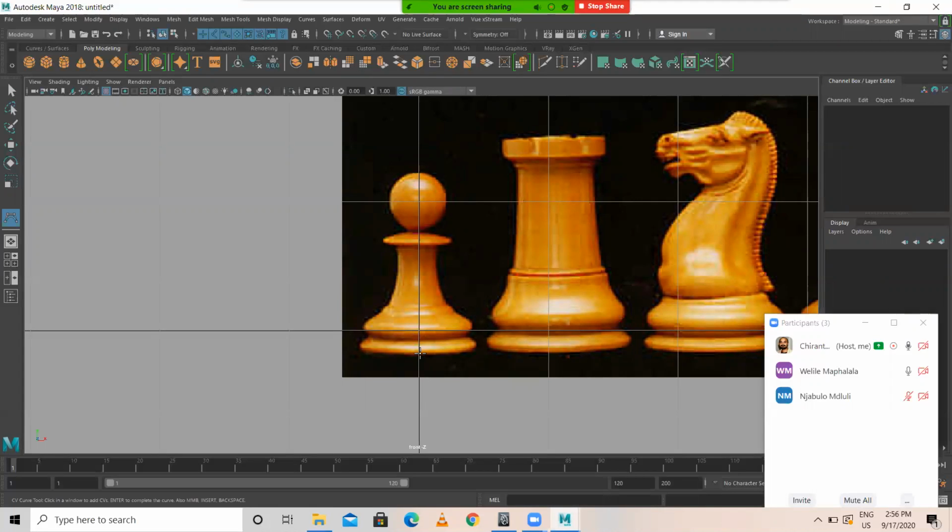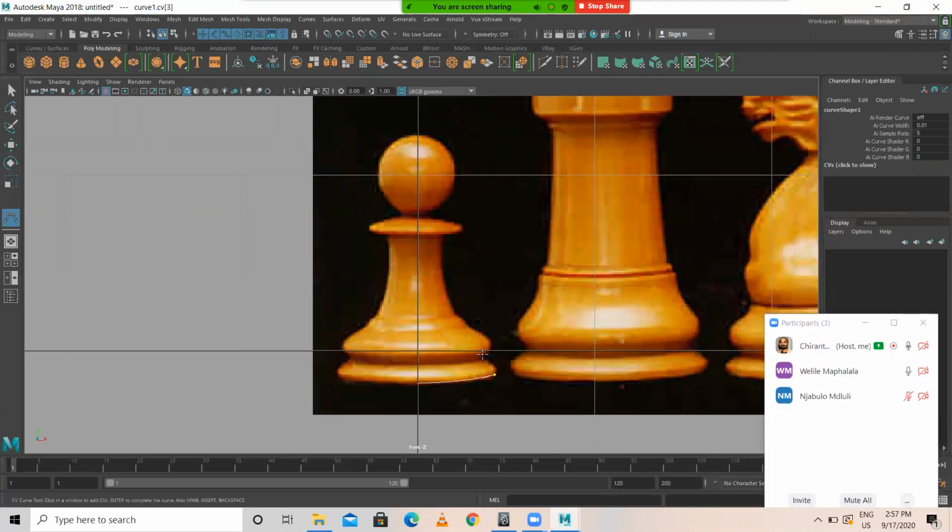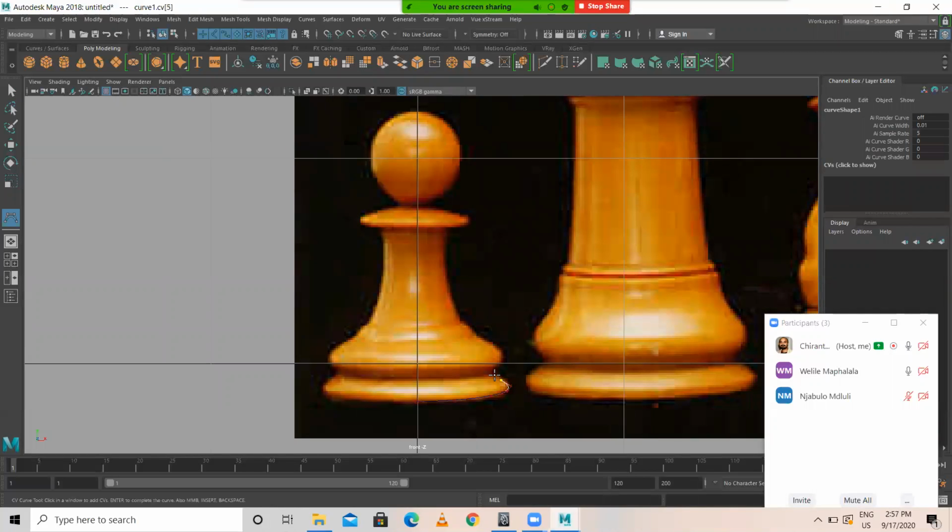So here, start from this particular place. Draw a curve like this. Then you draw like this.